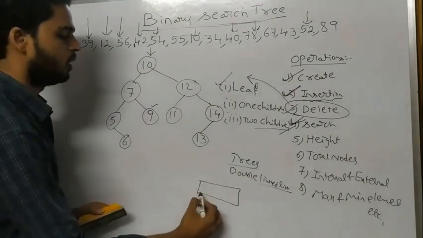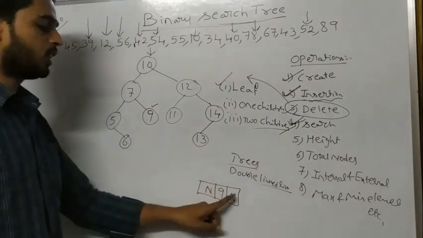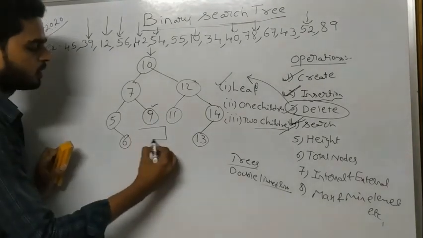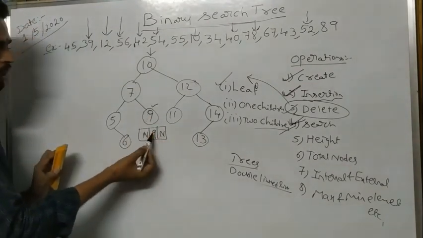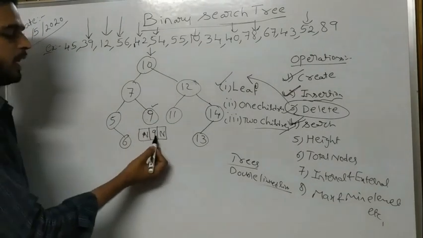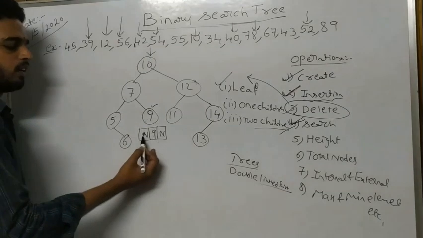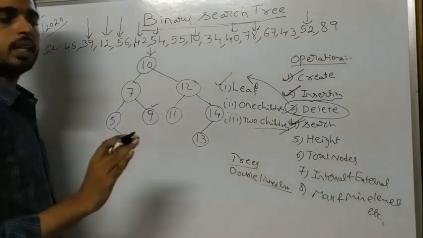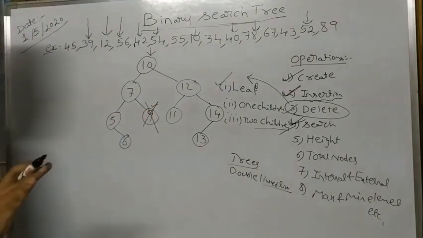So if you take a node, this node has 9 and null. I am assuming that you know all this. Generally this will look like this: 9 null null. I will show this implementation in the next video. 9 is compared with 9, yes. Then we check the left side null and right side. When the left side is null and the right side is null, I understand that this is a leaf node. Then I can directly delete this node. There is no problem.